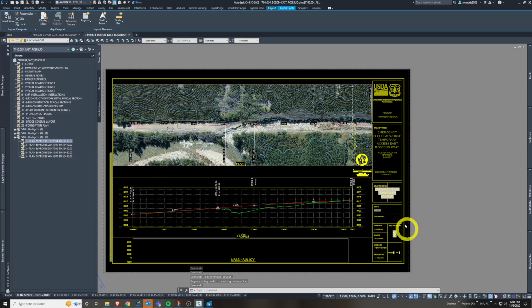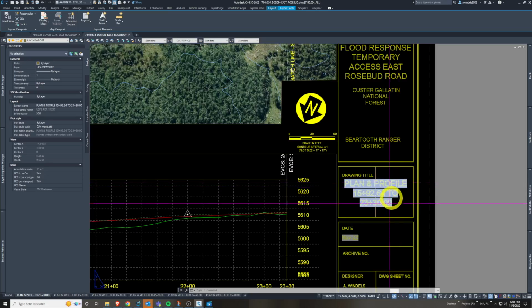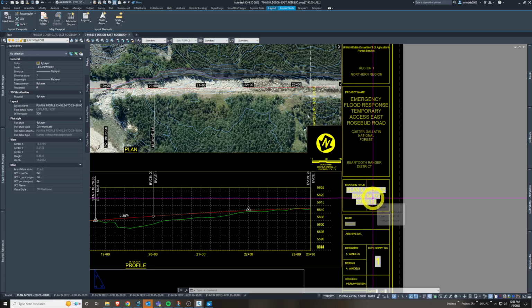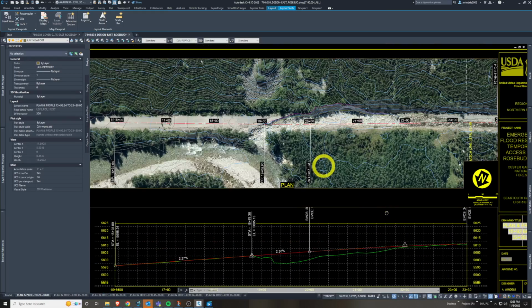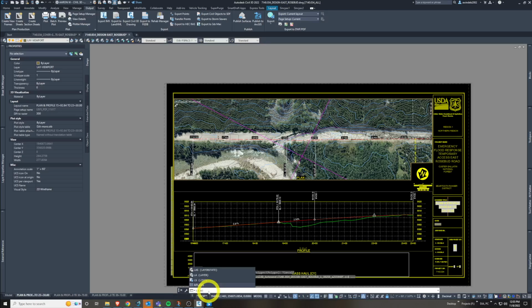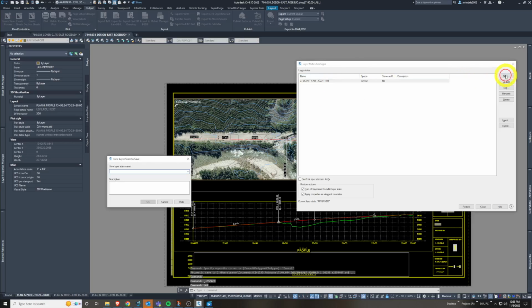So this is a nice thing, and see my profile view added right here. So doing these in one fell swoop is really nice in this case for the naming of the sheets. And then we'll probably get each sheet dialed in, its layer state, and I'll effectively get one layer state saved, and I'll work my way sheet by sheet. I'll go to layer state. I might really like this layer state and say